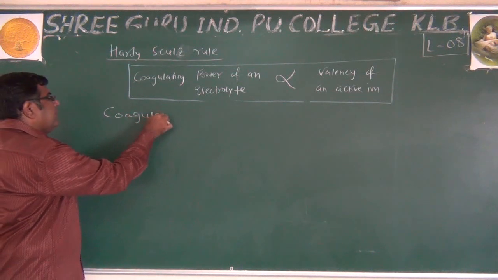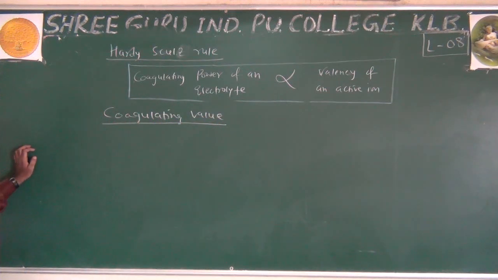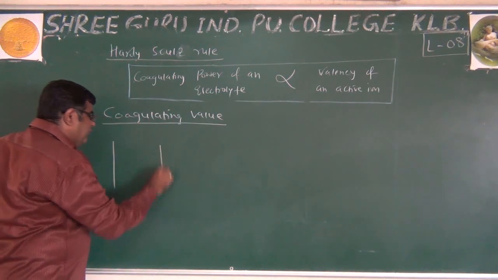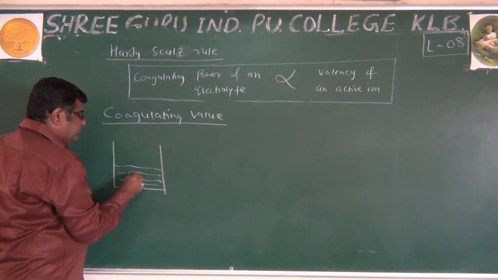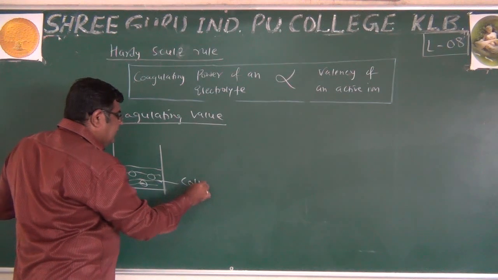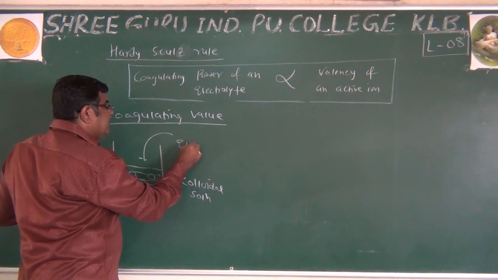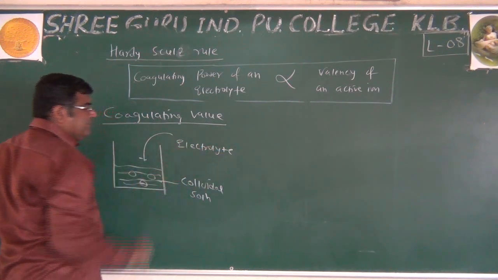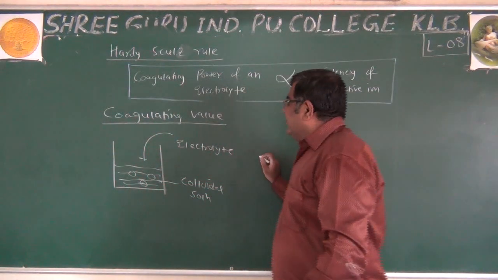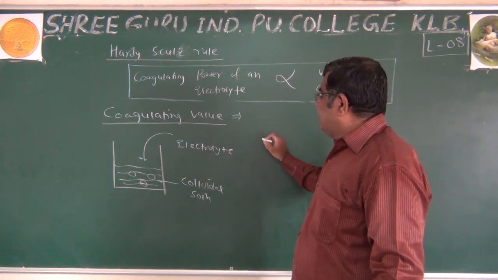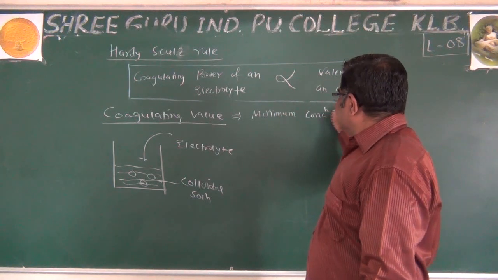coagulating value. Coagulating value means, if we take a colloid, this is a colloidal solution, and we are adding the electrolyte into it. We can say for coagulation, coagulating value is nothing but the minimum concentration